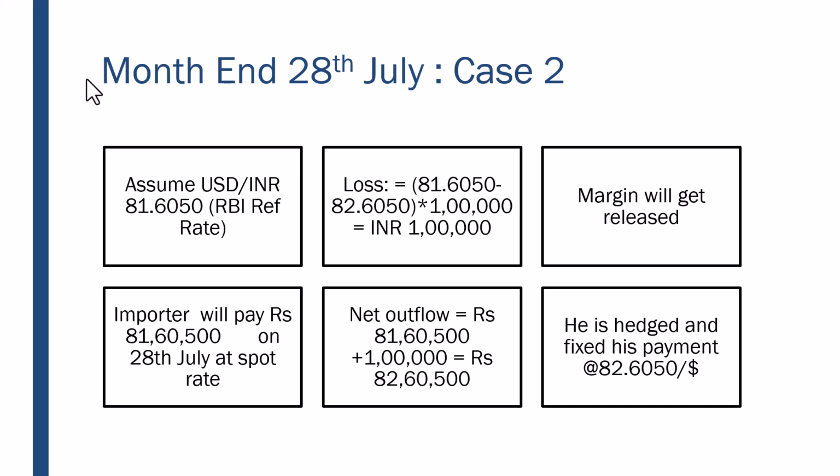In case of option, I make a gain when I exercise my call option or exercise my put option, but I can walk out of the contract if the dollar is going in my favor. So there, the chances of getting the potential gain from the spot market exist. But here, it's a linear product. Either I lose or gain in the futures transaction, but net, I am hedged.